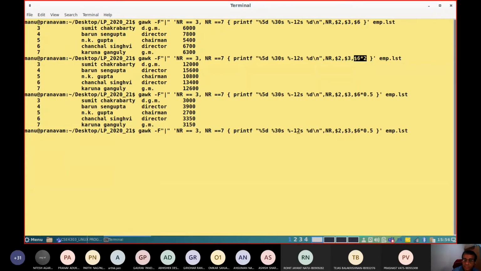In the selection criteria, in the coding part within the curly brackets, I can declare one variable k equal to k plus 1.